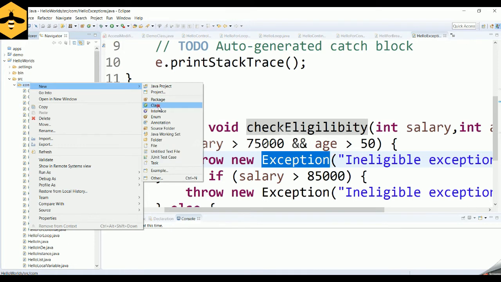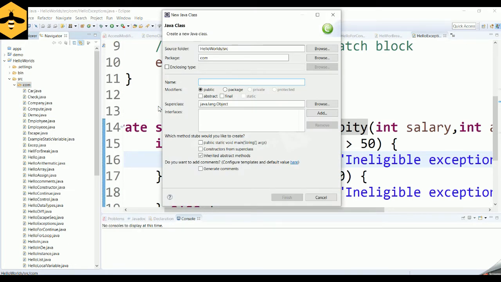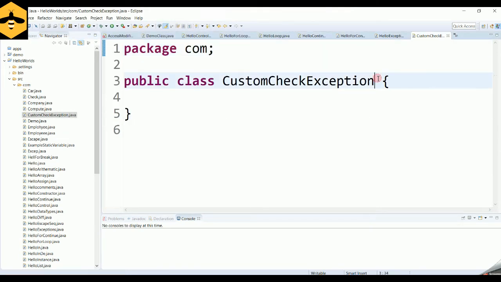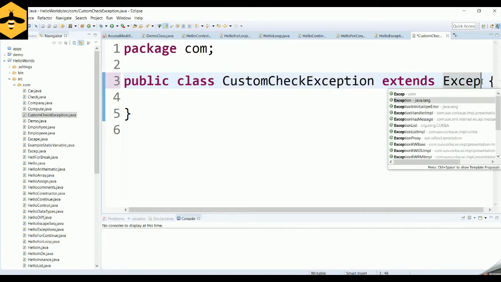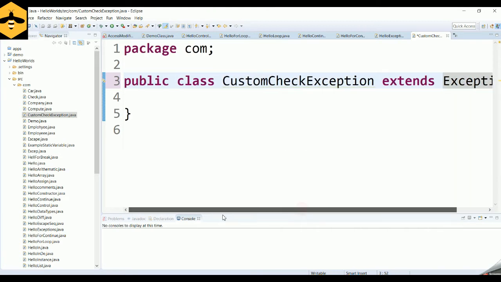So let's try to create a class. This is going to be our custom exception. Let the name of the exception be CustomCheckException. That is the name that we are giving to our class. And to make it an exception, we need to make it extend one of the out of the box exceptions. I want my exception to be a child class of the generic exception, so I'm going to extend it using the extends keyword. You can inherit the properties of the parent class, where my super class is going to be Exception. Exception is nothing but the generic exception provided by Java.